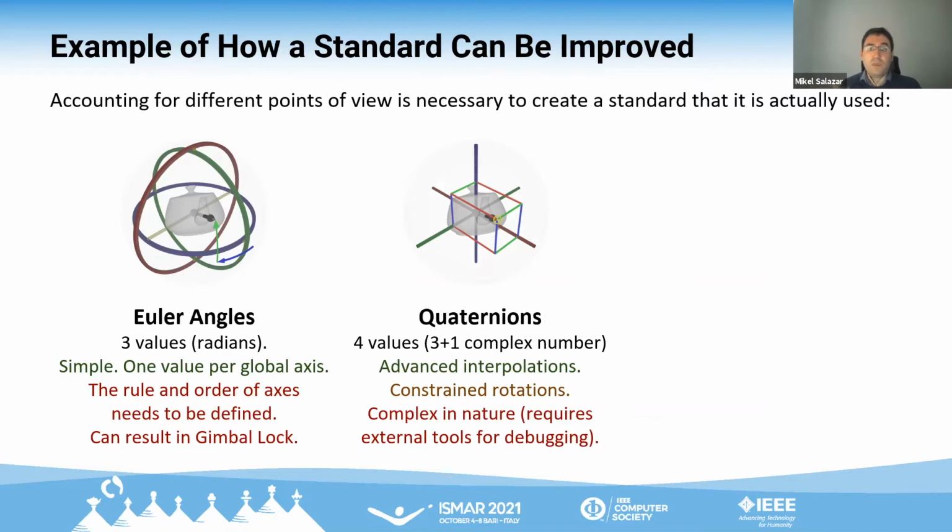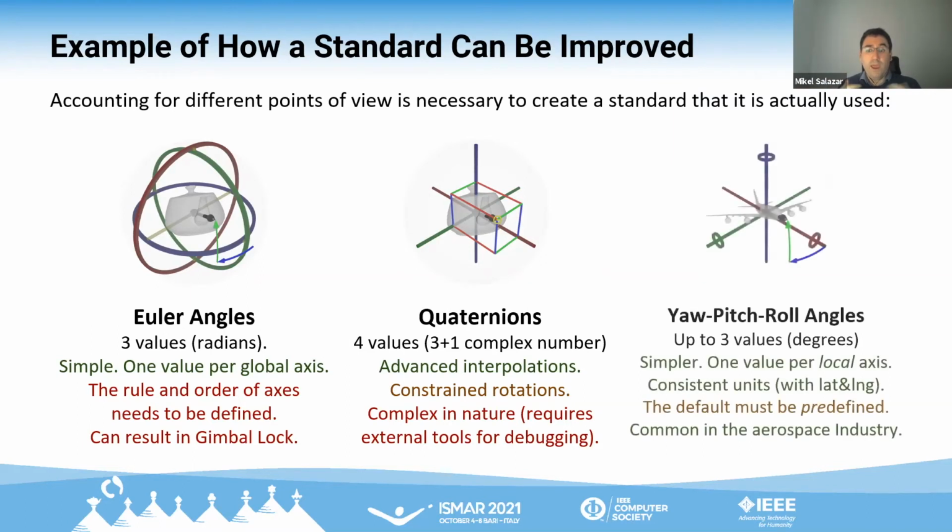Yet, the fact that quaternions are four-dimensional complex numbers made working directly with them actually dangerous, because not only are they not able to encode relative rotations beyond 180 degrees without problems by adding several of them, but the different values are interconnected with a complex formula and cannot be directly modified by a human being in an emergency. So with those values, you have to change all four of them, or you have to use an external tool.